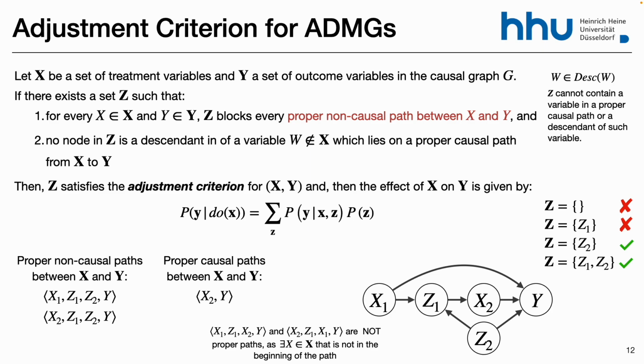Okay, it's a bit more complicated than the other one, so it's not as famous as the backdoor. The backdoor is very, very famous, but this one is complete. So in cases where you have a set of multiple variables, it's safer to try the generalized adjustment criterion, if you want to try adjustment first. And why adjustment is so important, we are going to see this later, but